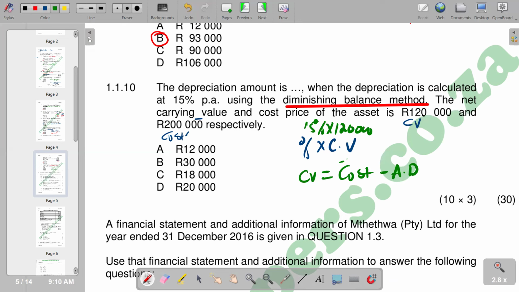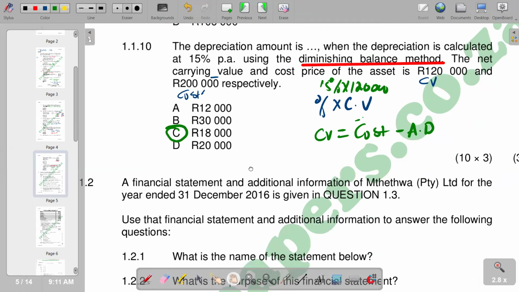So we calculate and see what you get. So our answer becomes C, which is 18,000 as indicated. So we have C. That's the correct answer. So this is what we have on the multiple choice part. And then